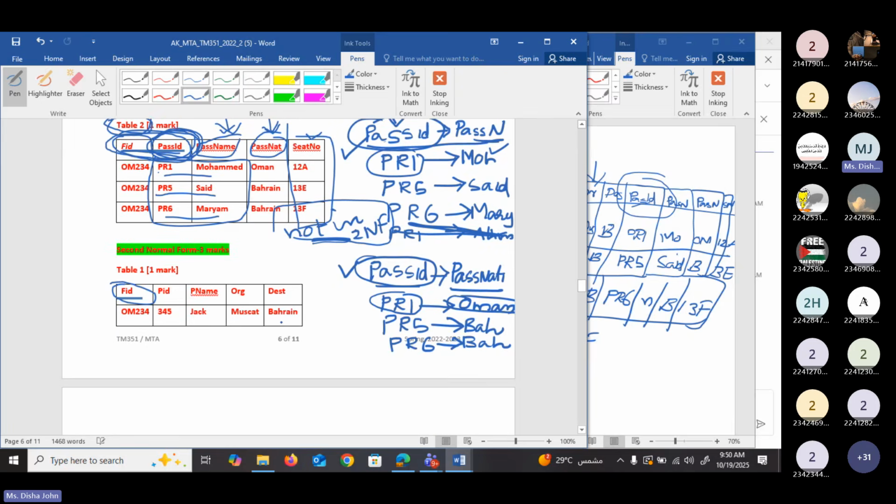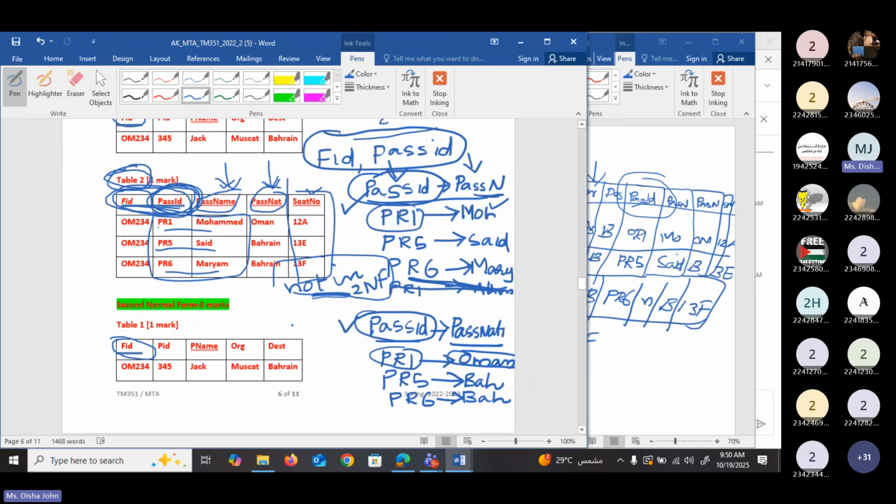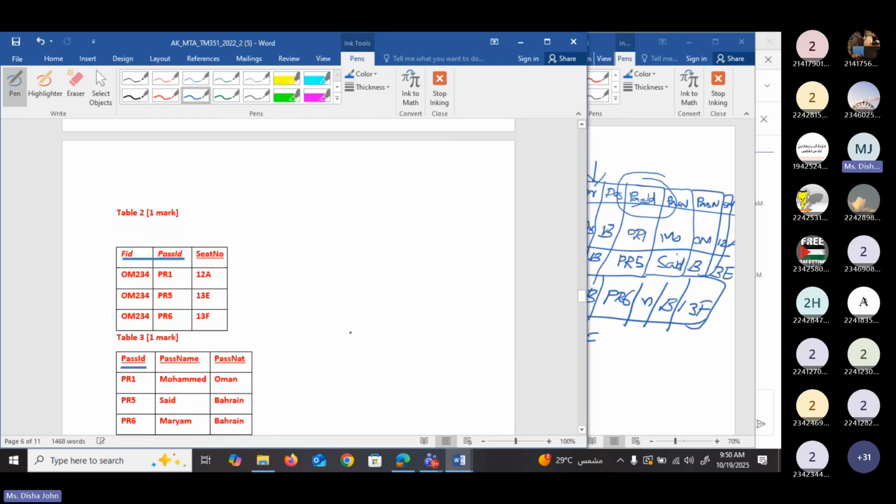Okay. So here, how will we divide the table into two tables? Can you tell me? One that depends on the passenger ID, which has passenger name and passenger nationality. Yes. If you look at the first dependency, it is passenger ID determines passenger name. And if you look at the second one, passenger ID determines passenger nationality. So these columns, passenger ID, passenger name, passenger nationality, will be in one table, and except passenger name and passenger nationality, all the other columns will be in the other table. Okay, so this is what you can see here.